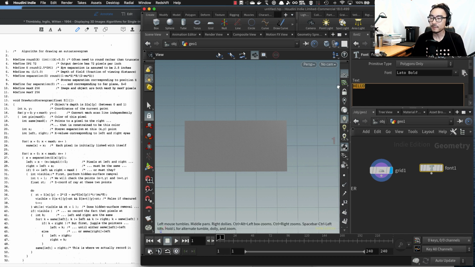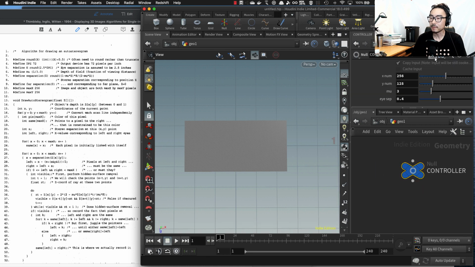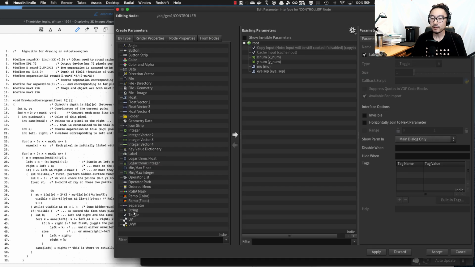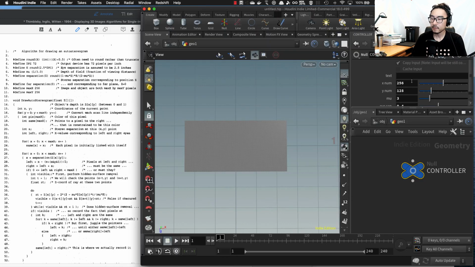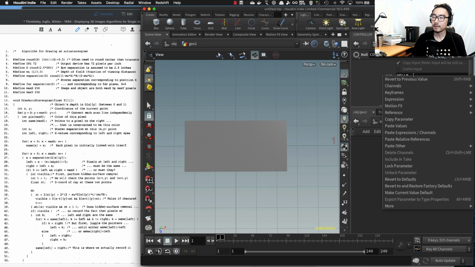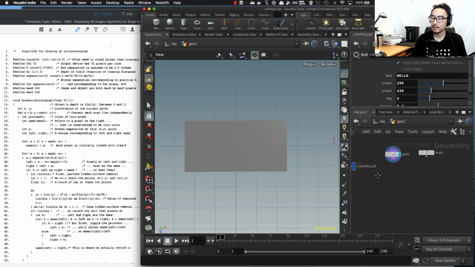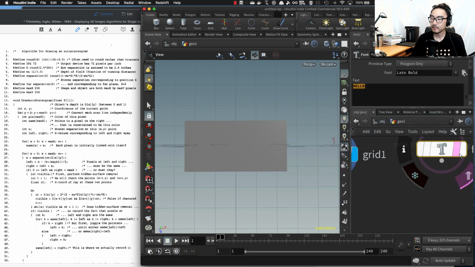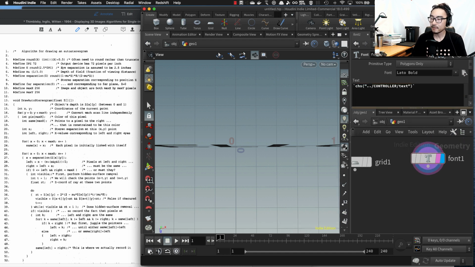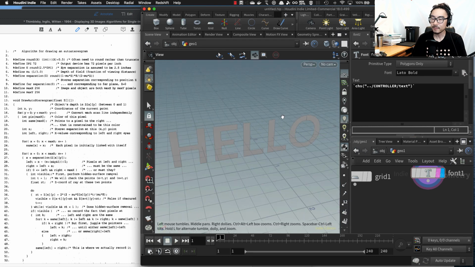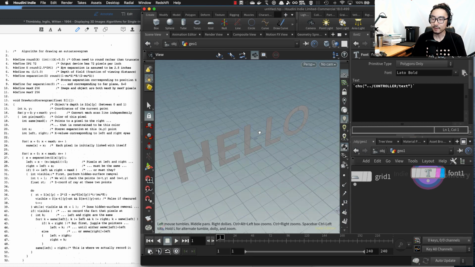Maybe I could parameterize this as well. Maybe go back to the null controller, give a string parameter, maybe on top, text. Okay, and say hello here. Copy this parameter, then go back to the font, paste this parameter using paste relative reference, and then right now the geometry, the font is on XY plane,